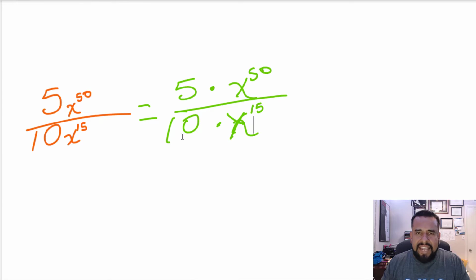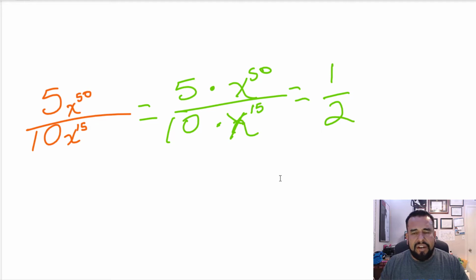5 divided by 10. No, it's not 2. It's 1 over 2. Common wrong answer is 2. So it's 1 over 2. So we got that part. Well, what's actually happening when we divide fractions with the same base? I'm going to show you what's happening here. So this half is being multiplied times x to the power of 50